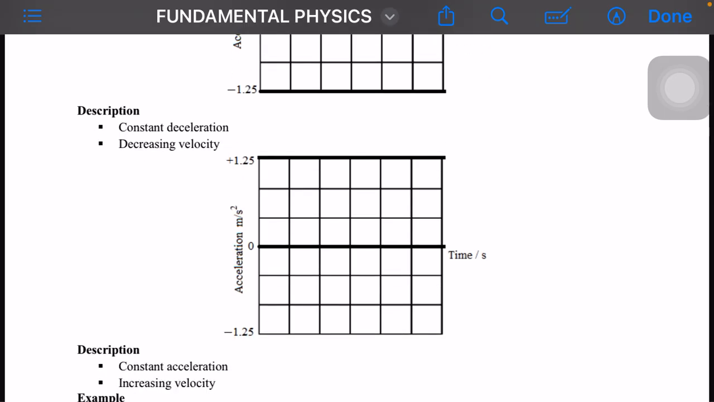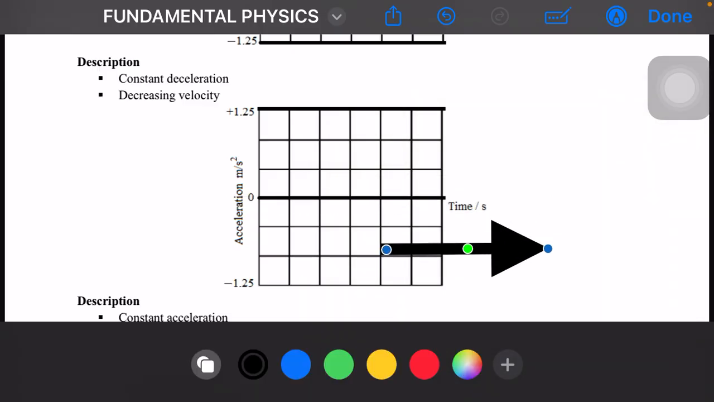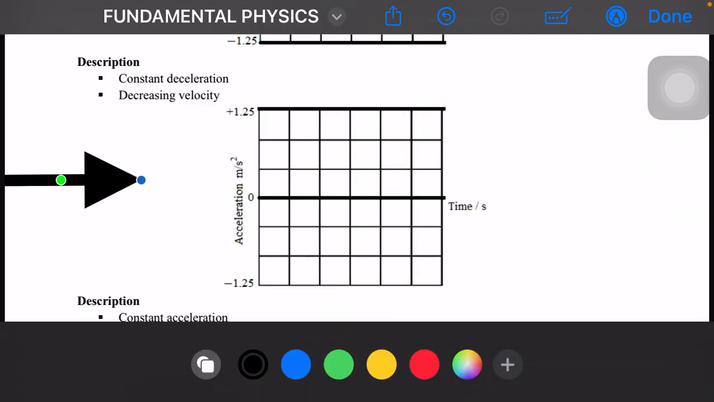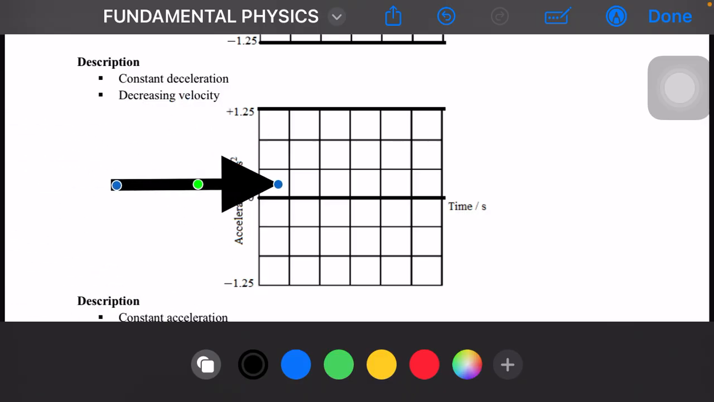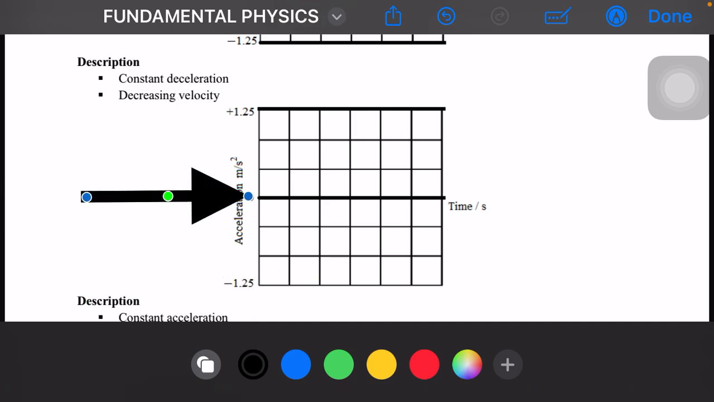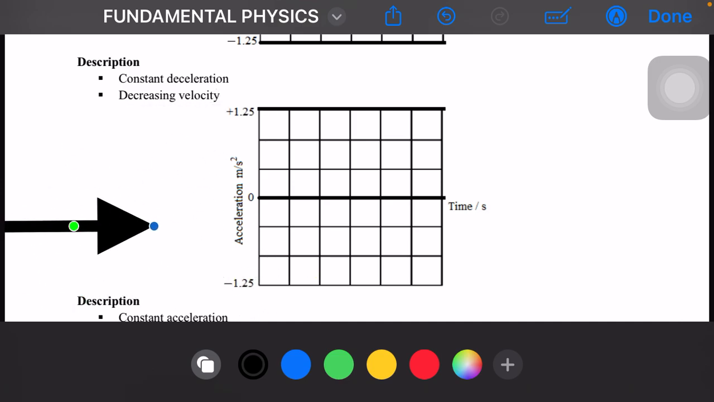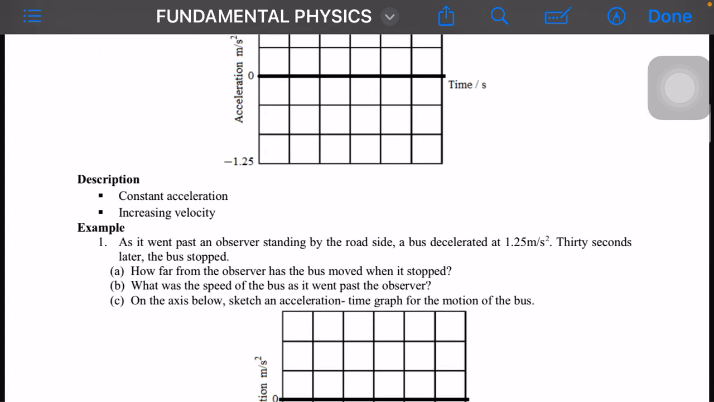What happens if the opposite were to happen? So it simply means that constant acceleration and velocity will be what? Increasing. That's simply the opposite of this. The line was on the bottom, now the line is on top. Simple as that. So examples,